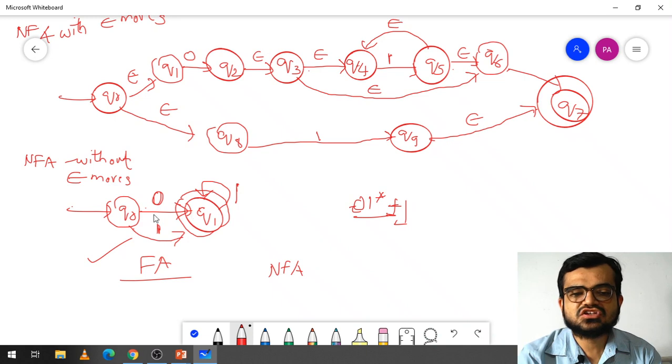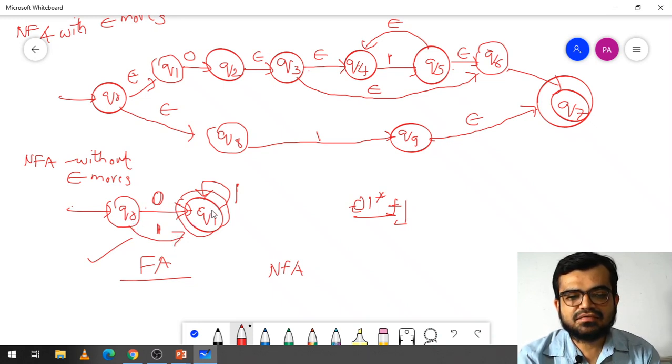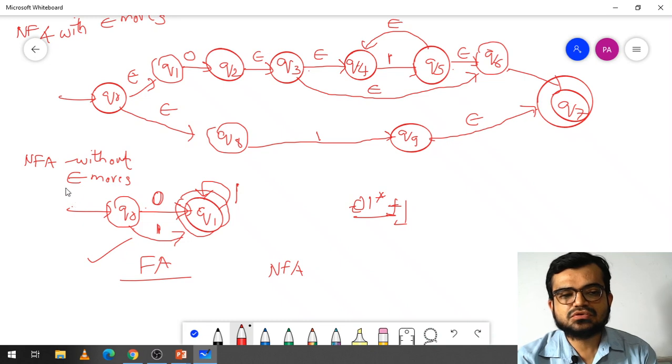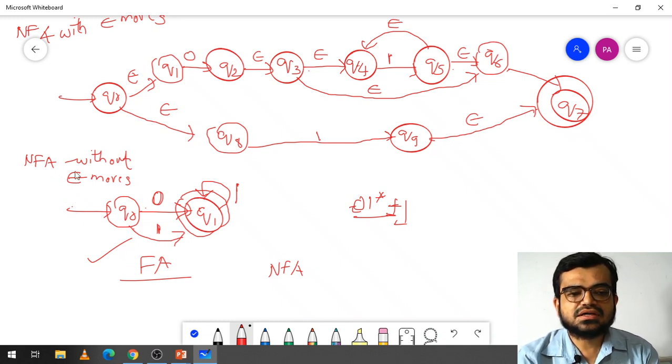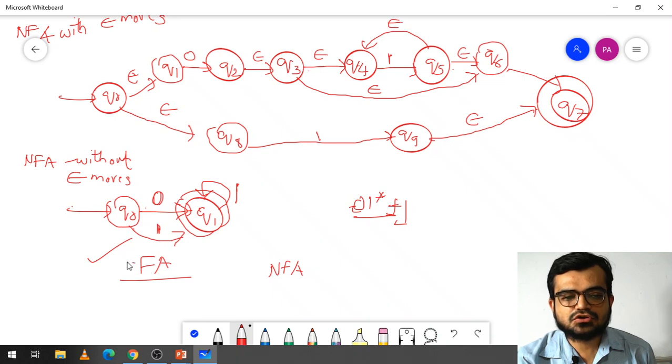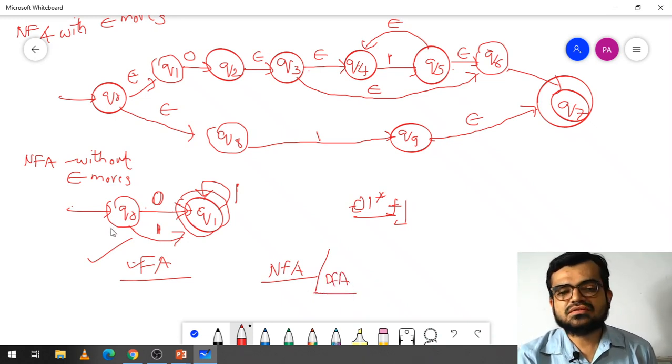And if you see the transition table of this, from Q0 you are going to Q1 with a single state with a different input value, and again with a different input value you are going to Q1, and from Q1 you are just going to Q1 only. So you can consider it as a DFA, directly. In order not to have any confusion, simply you can say that you have converted to finite automata. Finite automata means it can be either an NFA or a DFA, okay. So that means you converted into finite automata.